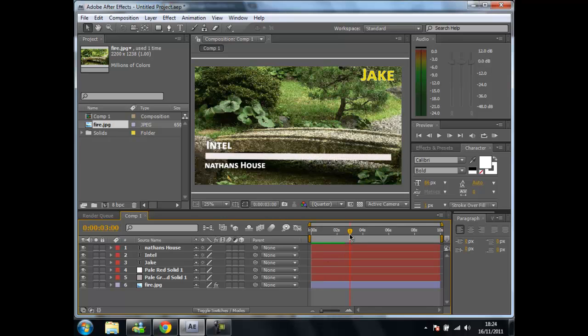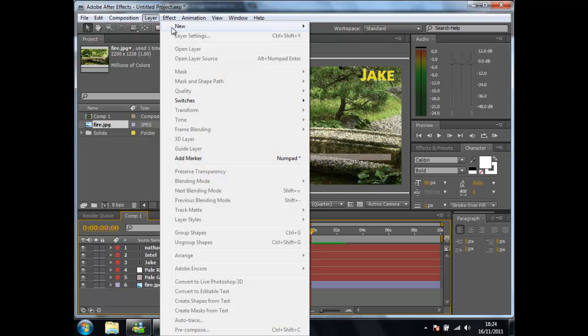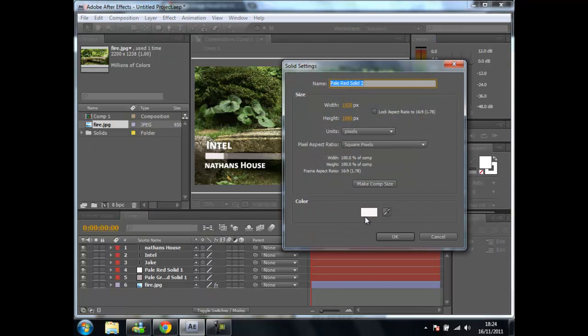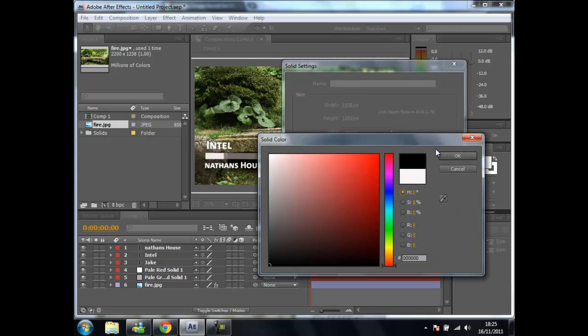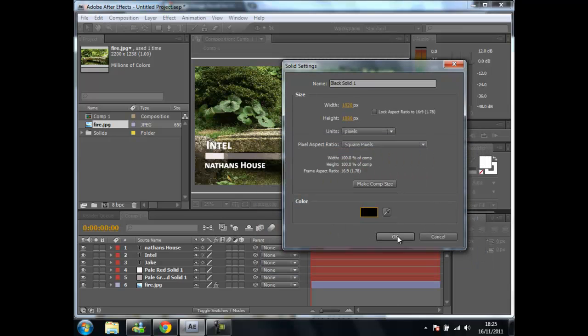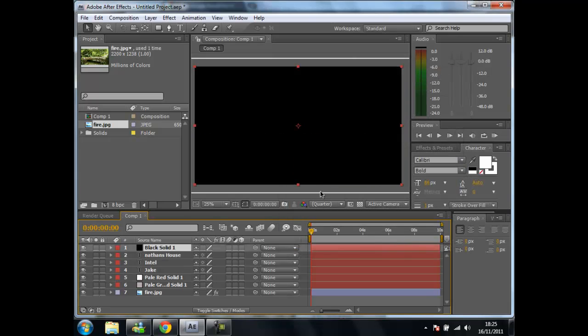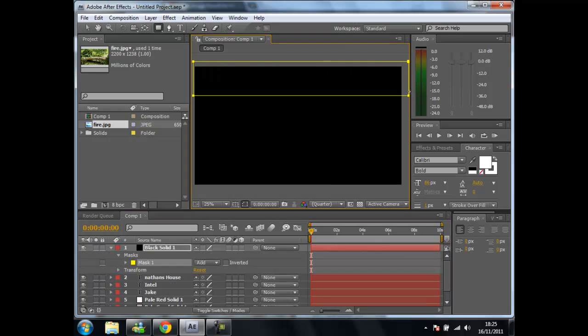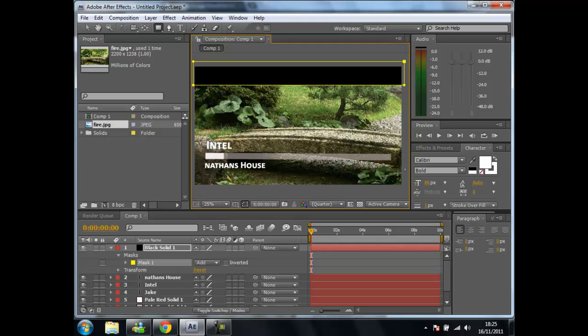Now just to finish it off, what you're going to want to do is you're going to click another solid, make it black. Okay, that's again, it's a colour correction. And what you're going to want to do is you want to grab the rectangle tool, and you want to just draw like a little rectangle up there and